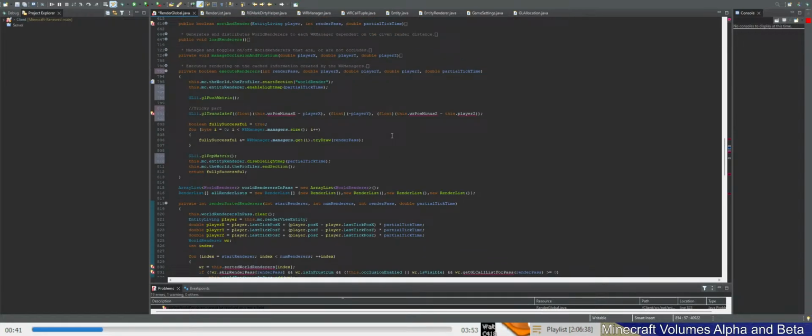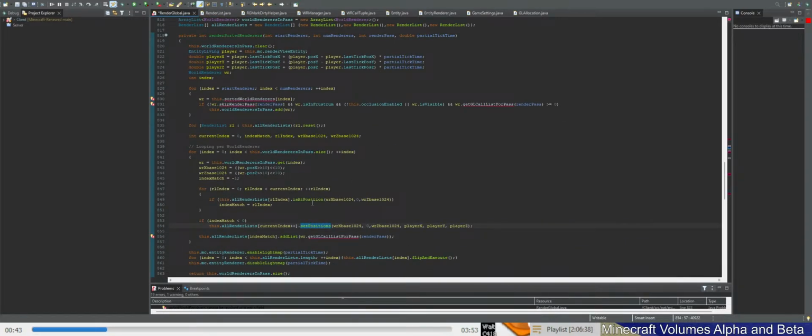So a group of world renderers will be at this quote-unquote base 1024 position, because if I imagine paper, I have my paper in camera, but it'd be a lot. So essentially,